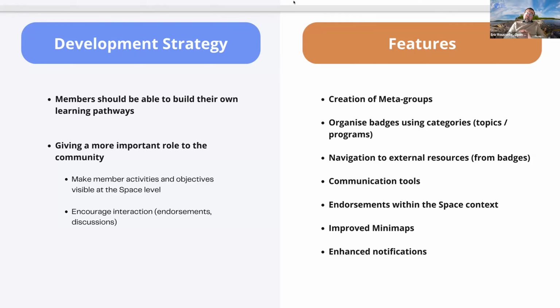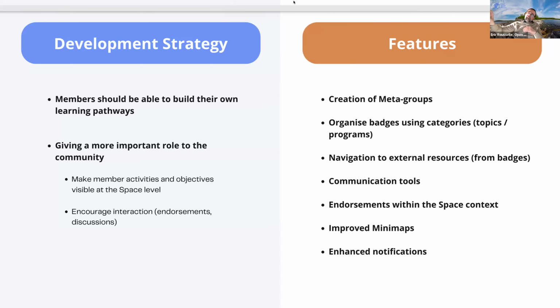About the features, we are now working with a concept of meta group, which is very important for a big French project that we have now. The idea is to have parallel pathways for 16 different regions in the world, with a progression through different levels, but these progressions and levels should not interact with each other.